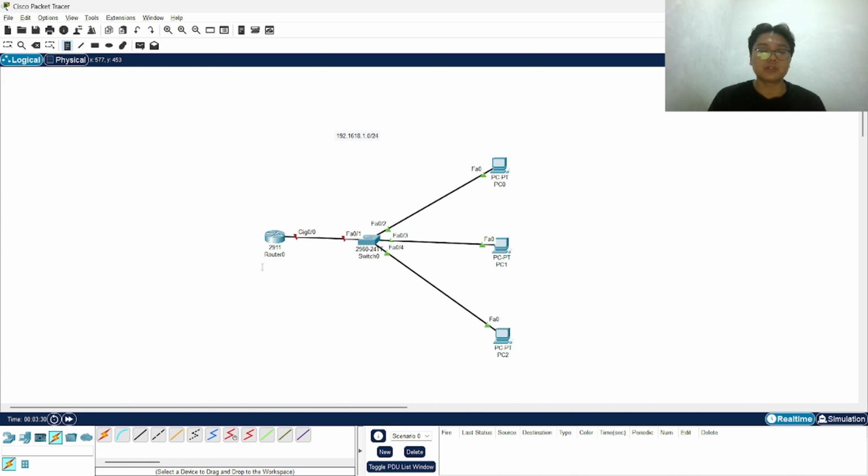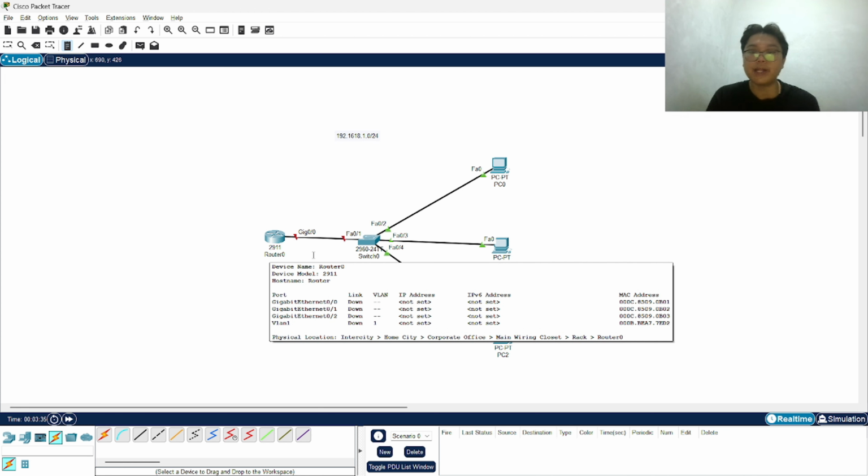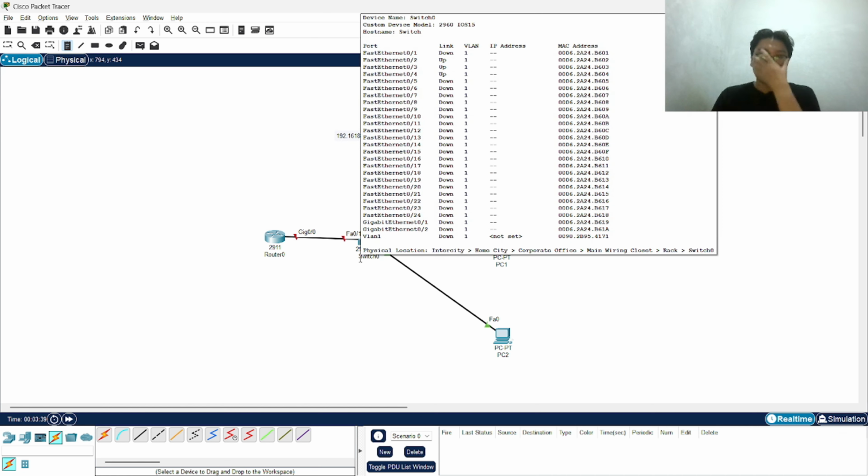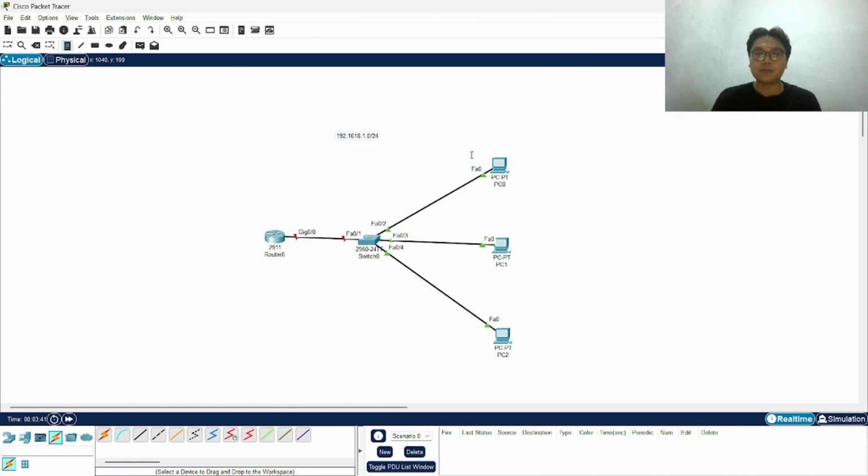We have one router, a 2911, one switch, a 2960, and three PCs. All PCs belong to the same VLAN and the same subnet.